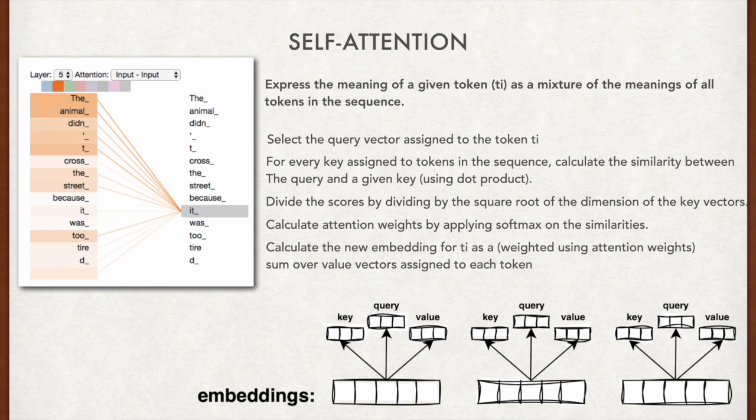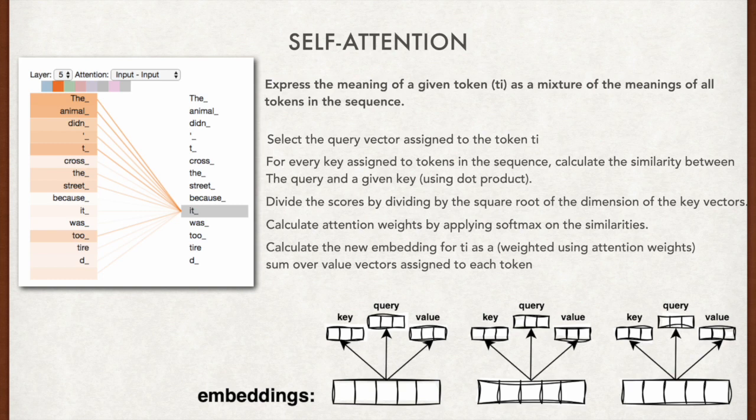Then, we divide the scores, the dot products, by the square root of the length of the key vector. Then, we calculate attention weights by applying softmax on those similarities. Finally, we calculate the new embedding for Ti as a weighted sum using attention weights over value vectors assigned to